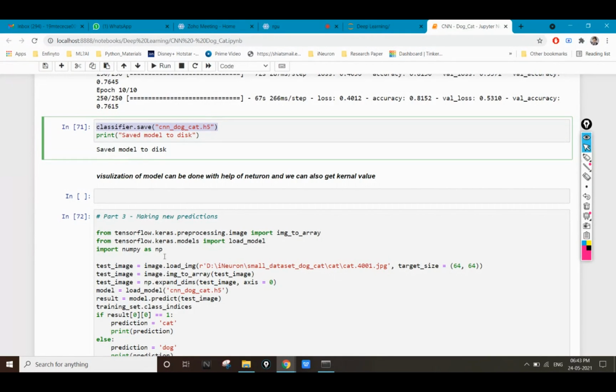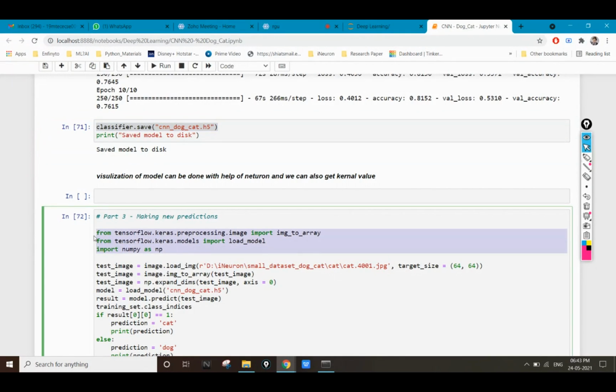So I'm just importing the important libraries again, like image to array, because I have to convert these images to arrays before passing them to the model, because my model is generated with the help of array values, not the actual images. I have to load the model, and I am importing numpy so I can work on the arrays.